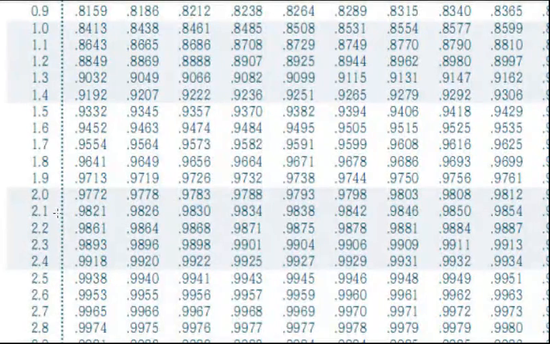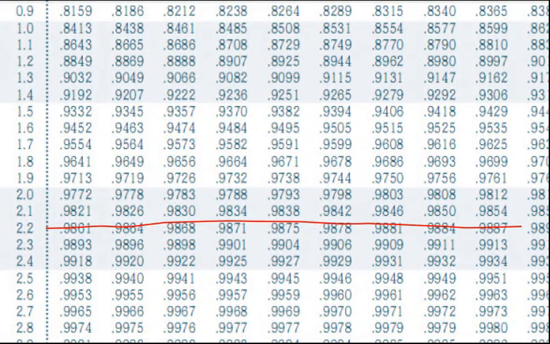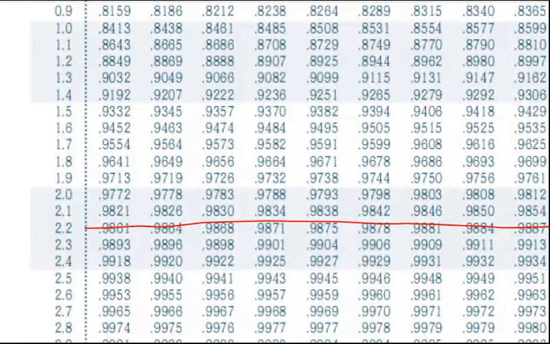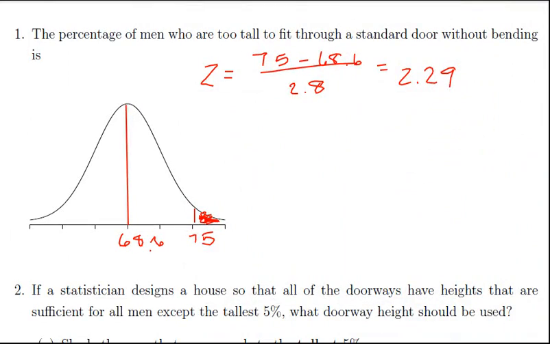So here we have 2.2, and then I'm going to go out to the very last column. And so you can't see it, I'll move it over a little bit. It's 0.989. Okay, so back to my problem. I know that the area to the left, that's the area that the table gives me, is 0.989. But the area I want is the area to the right, because these are the people that are going